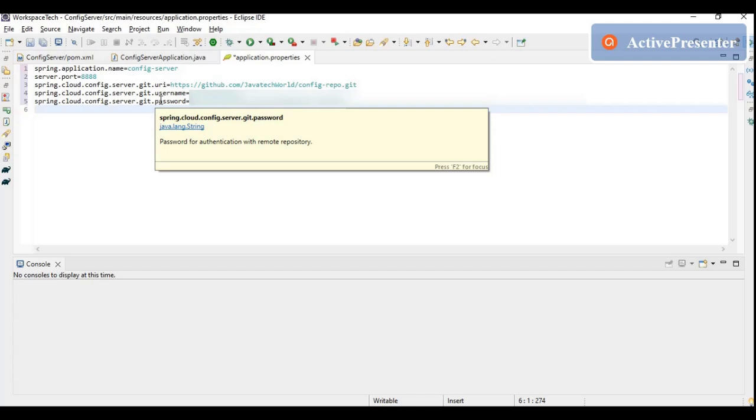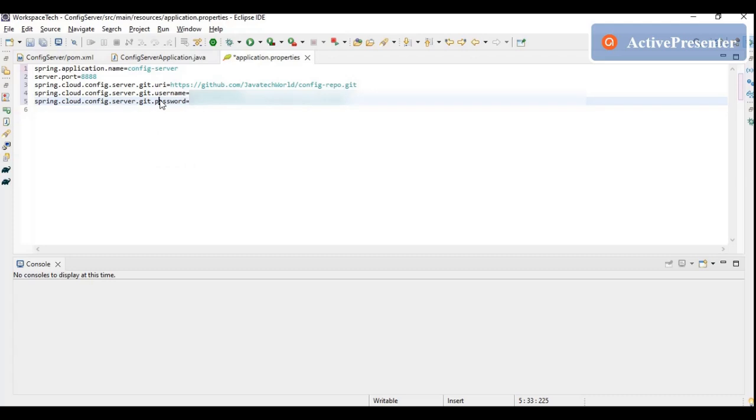I'll tell you how to generate the git password. If you have two-step verification on in your GitHub account, for that you will have to generate a token, right? I'll tell you that later on when we'll be running the application. You have to generate the token, and that would be supplied as a password to access the repository, so that your code can access that repository. Now we have added the application.properties, and you can see that we have given that the Spring Cloud config server should read all the properties from this repository, and the access credentials have been provided, right? So this will act as my config server.